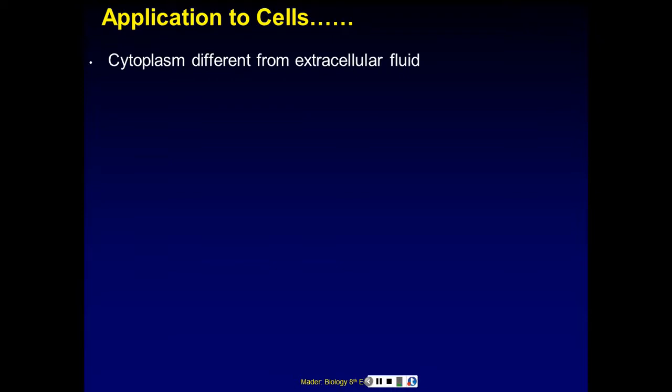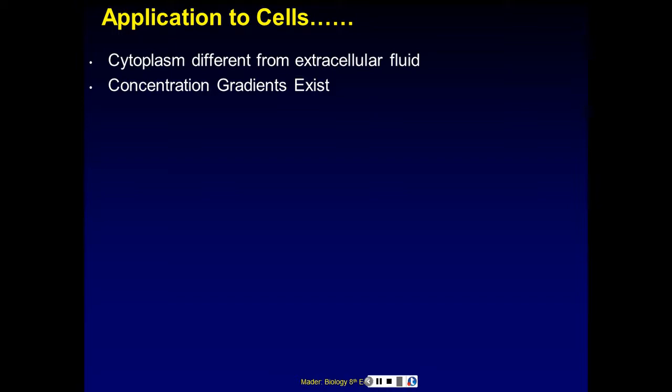What does this have to do with your cells? Well, the cytoplasm inside your cell is very different from the extracellular fluid, or that fluid which is outside your cell. There are lots of concentration gradients that exist. So I want you to think about that for a moment. If a molecule can cross the membrane, it can go through that phospholipid bilayer, and if a gradient exists,